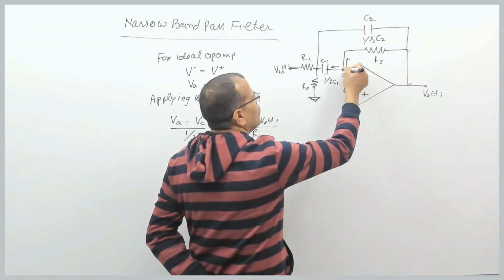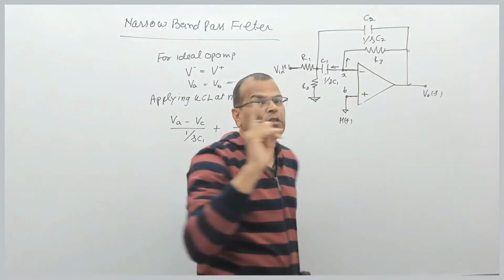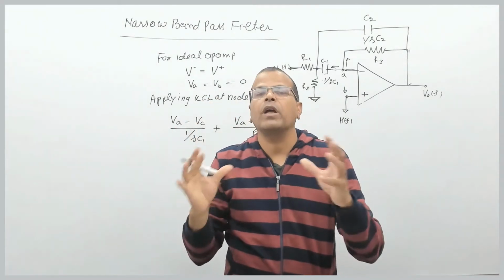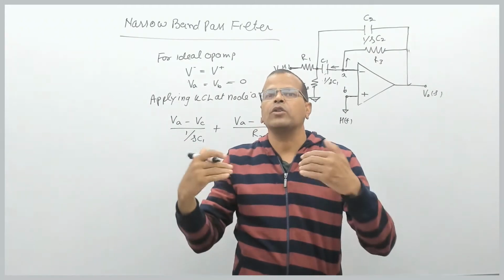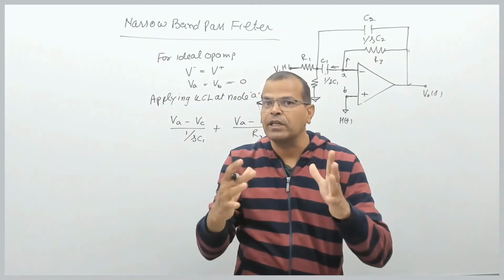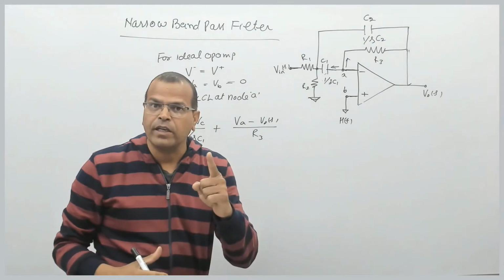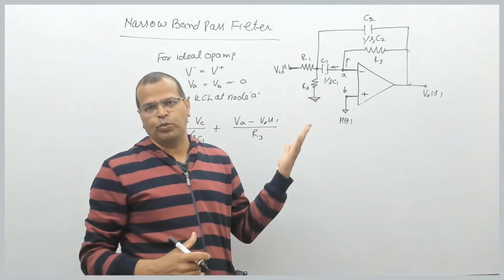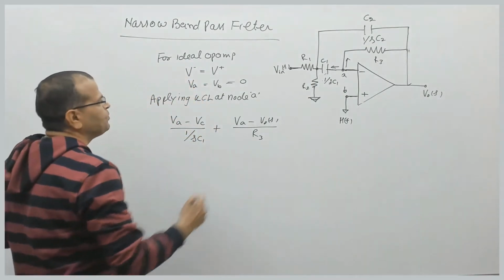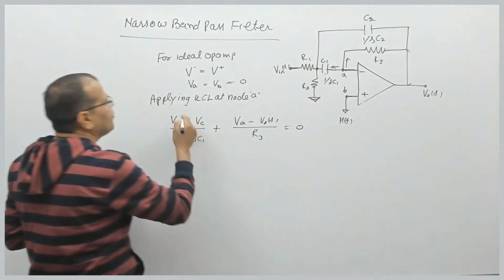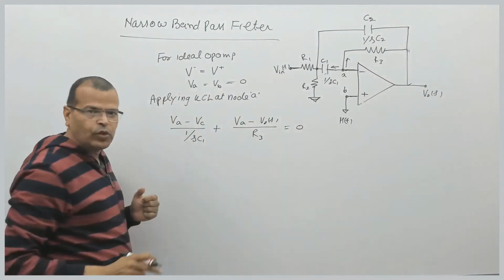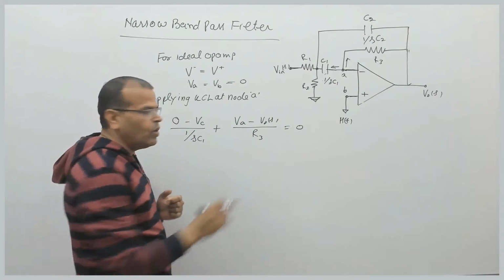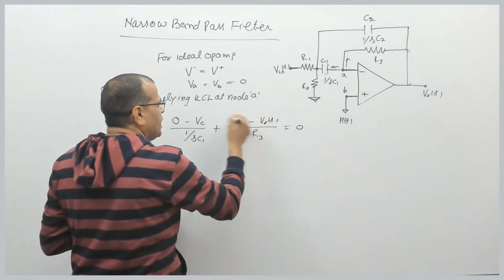The current entering the inverting terminal and non-inverting terminal is 0 for an ideal op-amp. So we are assuming that the operational amplifier in the circuit is ideal, which has infinite gain, infinite input impedance, 0 biasing current, and 0 output resistance, right? So this is equal to 0. But we know what VA is, that's 0. So can I write 0 directly here? I can replace it by 0.